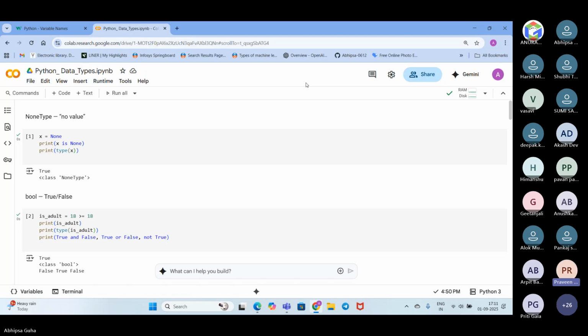Yes, ma'am, may I? Yeah, definitely. Python provides a large number of libraries, ma'am, like pandas, numpy, matplotlib, which are used for data manipulation and visualizations. Exactly. Okay, so I'll just put in my view here.